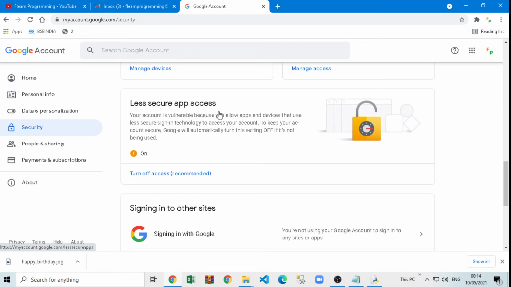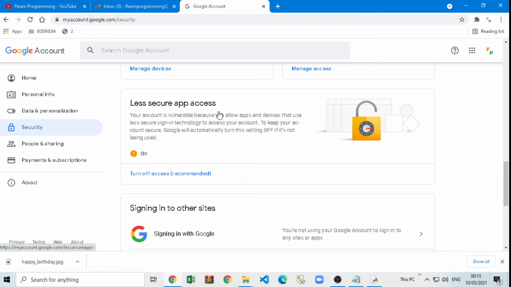So actually what happens is, when Google Gmail is providing a service to send and receive emails, Google is saying that okay, it's your account, of course you can do anything, but you can only send or receive mail from our app. So if you are using the Gmail website, we'll allow it.